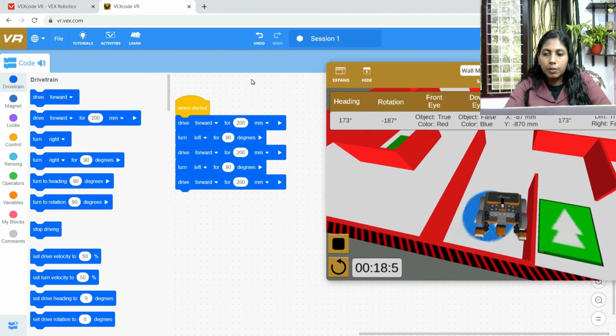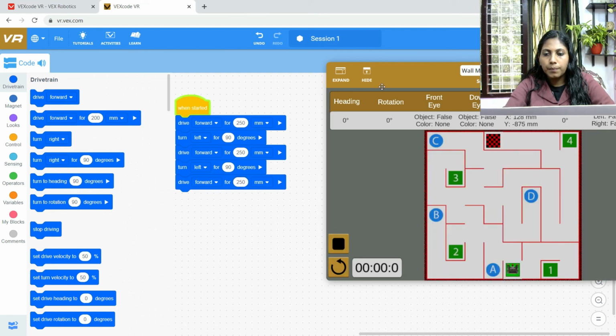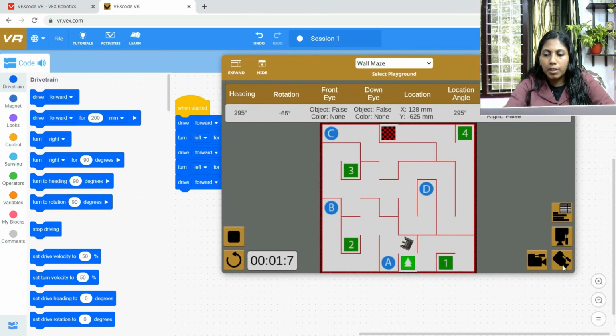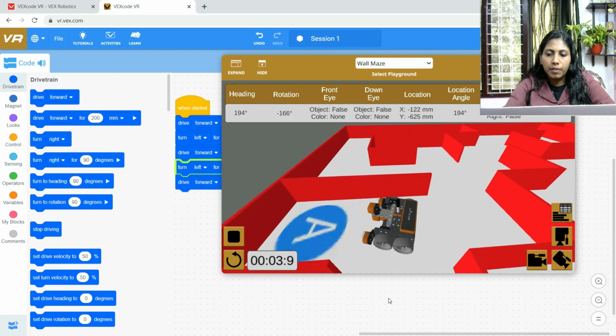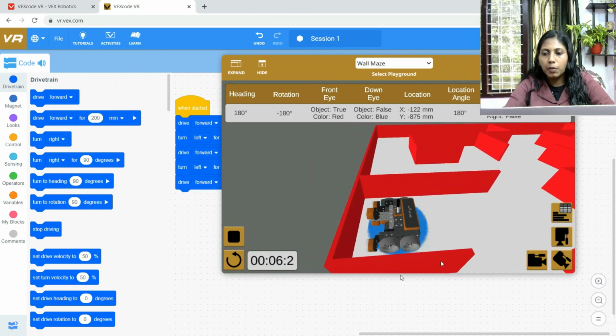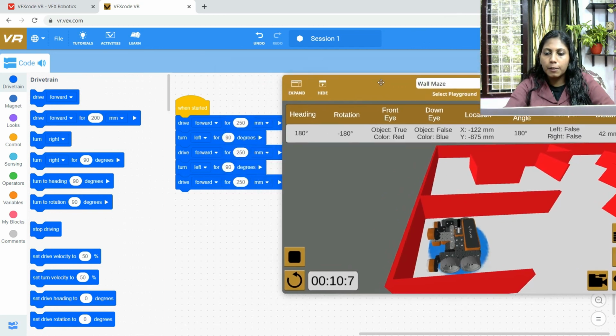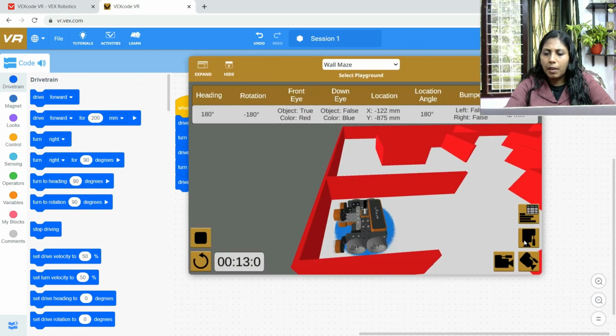For example, instead of 200 mm, let me make the distance a little more. It's a trial and error method. There is no hard rule that you are supposed to do it this way. I am just making it 250 mm. Let me see how it moves now. Yes, perfect. Now it's able to move and land on the alphabet A. I hope you all understood this experiment. It's very simple. We are not using many coding concepts. It's only logic.